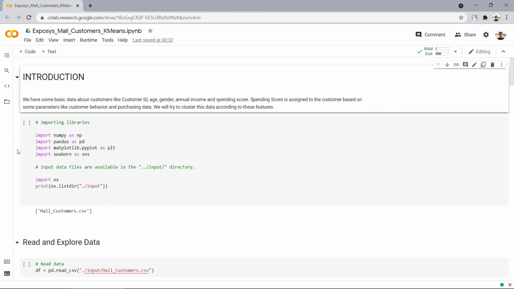First, we have to import necessary libraries, namely NumPy, Pandas, Matplotlib, and Seaborn. NumPy is used to perform a wide variety of mathematical operations on arrays. Pandas is an open source library built on top of NumPy, providing high performance, easy to use data structures and data analysis tools for the Python programming language.